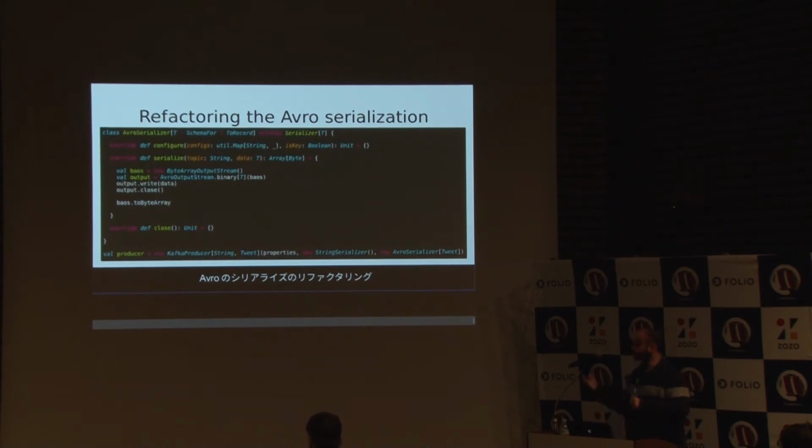So using Avro4s, it lets us do something like that. We can extend some Kafka serializer, so that instead of us having to create all this cumbersome code in order to generate an array of bytes, whenever I want to send tweets to Kafka, I just need to create a new Kafka producer and send it this Avro serializer of type Tweet. And that will automatically, when I want to send a tweet, convert it for me into an array of bytes. So let's take this out of the way and